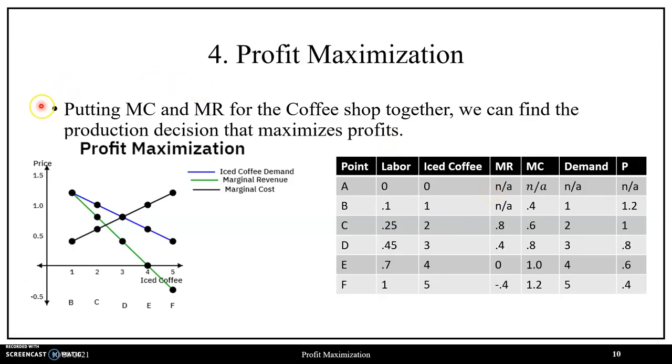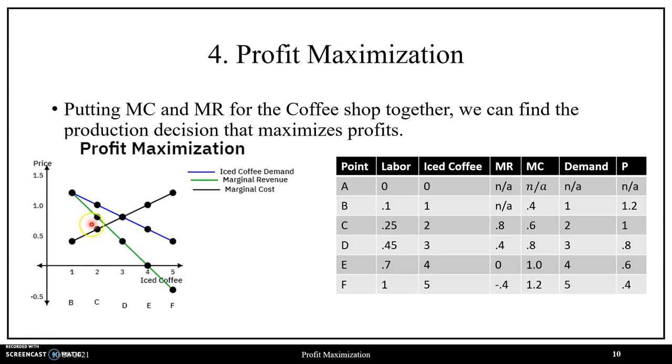So then, with marginal cost and marginal revenue computed for this coffee shop, we can put the two together and look at the profit maximization process for this individual coffee shop, where we have price on the vertical axis, quantity of iced coffee on the horizontal axis, a downward sloping demand curve for this individual coffee shop and their iced coffee, a downward sloping marginal revenue curve in green below our demand curve, and our upward sloping marginal cost curve in black, and it's upward sloping due to diminishing marginal returns on labor. We know our profit maximization rule is marginal revenue is equal to marginal cost, but considering our other cases first,